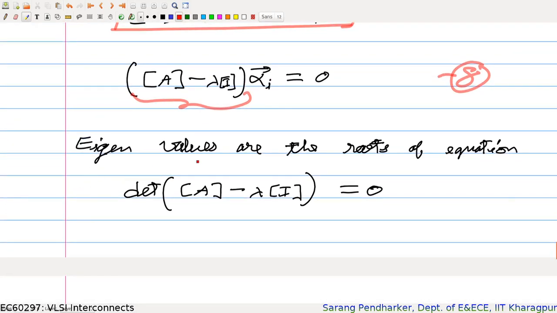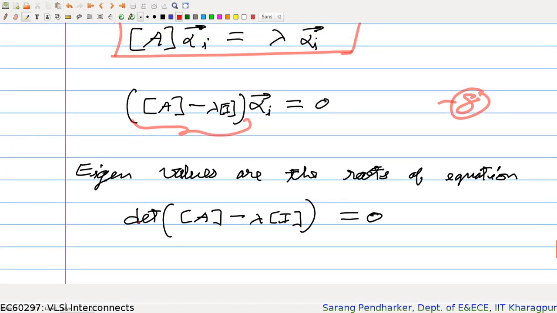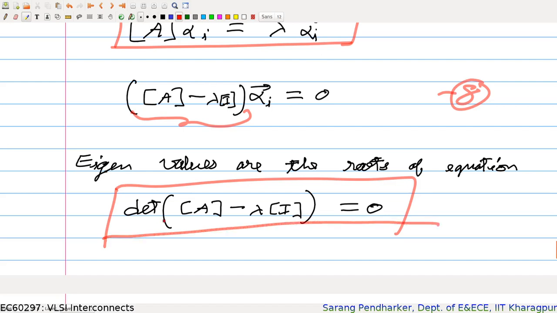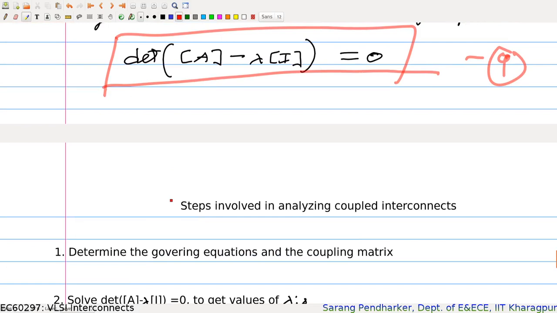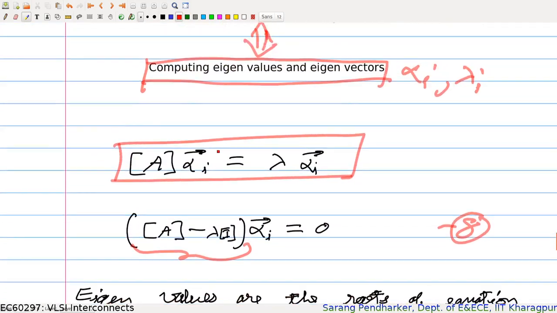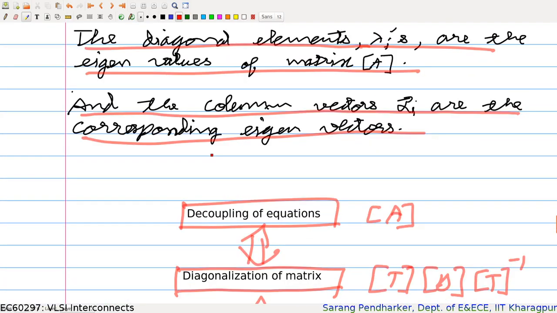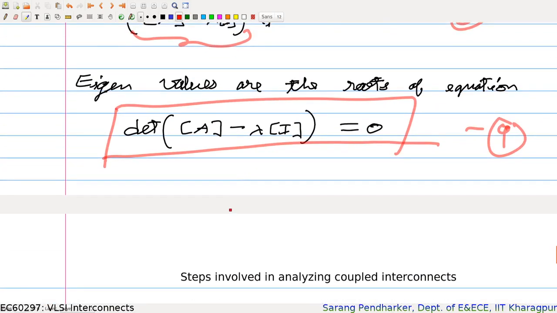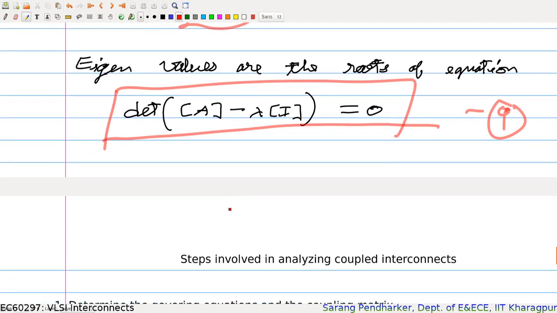So what you do is that you want to find the eigenvalues. You find the roots of the equation determinant of A minus lambda into I is equal to 0. This is a simple determinant to solve, and once you compute this, you get your lambda i's, and from that you also get the eigenvectors. You stack those eigenvectors so that the rows of your transformation matrix or inverse of the transformation matrix are the eigenvectors, and then you get the transformation matrix as well as the diagonal matrix.